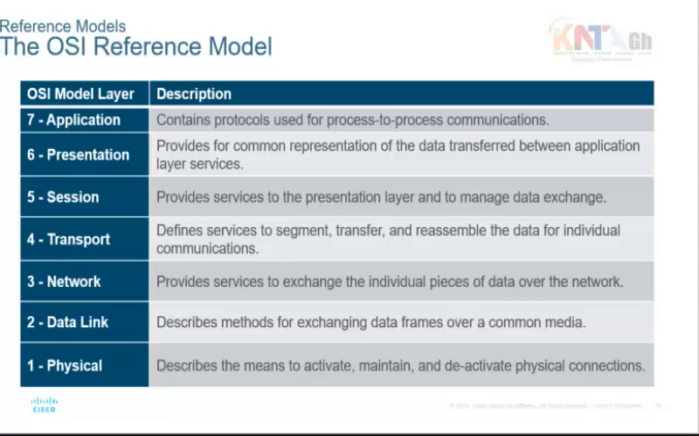And then we have layer 7, which contains protocols used for process-to-process communication. Now, one thing any student will have to understand: the OSI reference model starts its numbering from layer 1. So whenever we talk about layer 1, know that it's the physical layer, and the model ends at layer 7, which